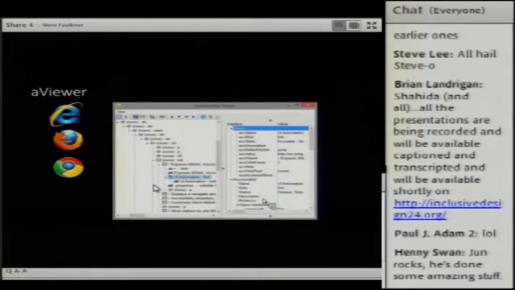So the AViewer, this is the tool, and after looking at those other tools, you'll probably see there's a lot of similarity between what you see in the AViewer and what is in these other tools. That's because we wanted to take the best of those other tools and apply them to a tool that we could use to look at web content. Now, the AViewer also has a feature that you can use to look at desktop applications as well. But as that's not its primary function, you'd be better off using those other tools that I talked about previously.